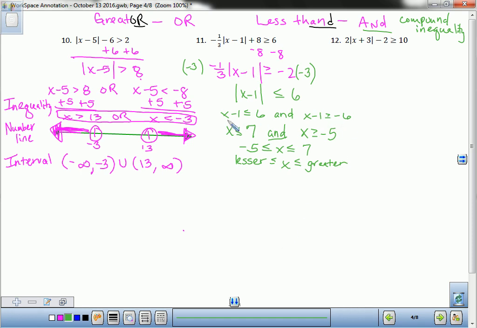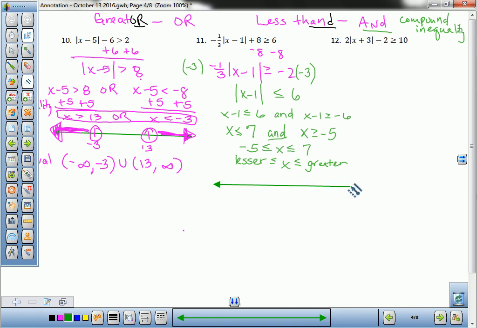Okay, so last night you probably just left your answer like that. X is less than or equal to 7, and x is greater than or equal to negative 5. You probably didn't even have the word and, because I didn't talk about that yesterday. Yesterday we were really just concerned about the steps for solving. But today we're working on what does this mean? Understanding what the answer means. So what this answer means is